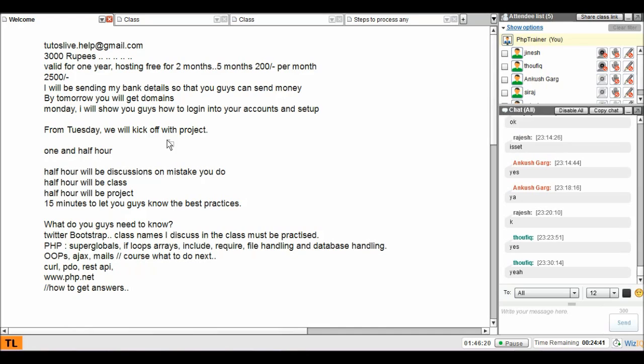That's my part, I will take care of that. My actual idea is to get Tutoslive to at least 10,000 people a month, so I'll make 10,000 PHP developers a month. It will be a factory tomorrow. So you guys will be remembered forever by these 10,000 people. I'll put that on my website. If I get a suggestion from anyone, I'll put it on my website saying, okay, Taufik has given me this feedback, Ankush has given me this feedback, Siraj has given me this feedback. So no problem. And I hope my English is